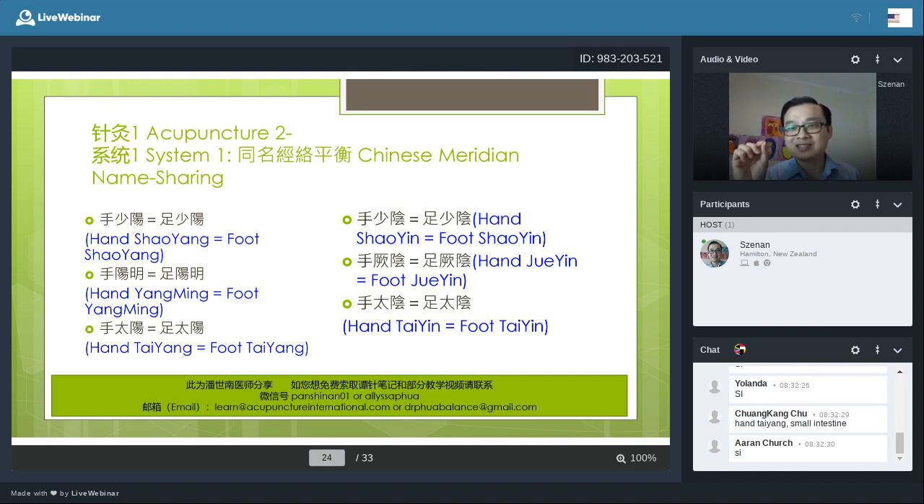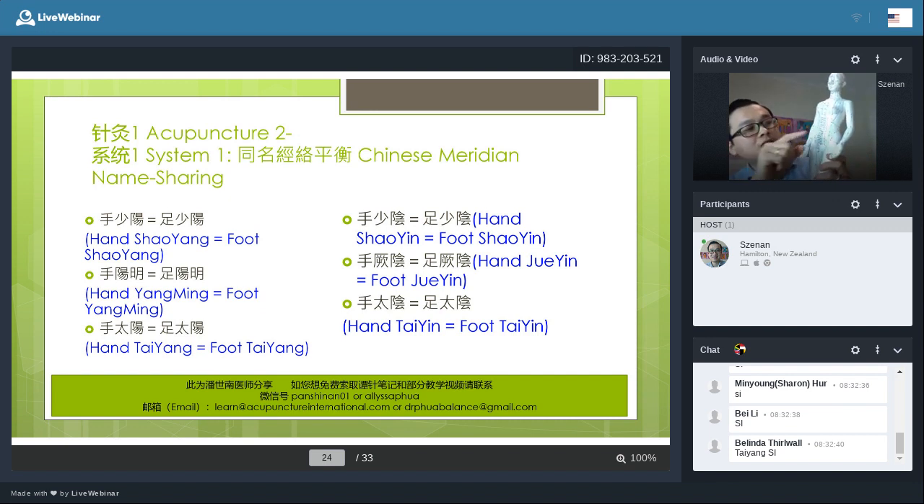Great. Small intestine, that's right. The acupuncture 2, we use tai yang to balance tai yang. We use hand to balance foot. So hand, tai yang, small intestine meridian. Okay. Now,